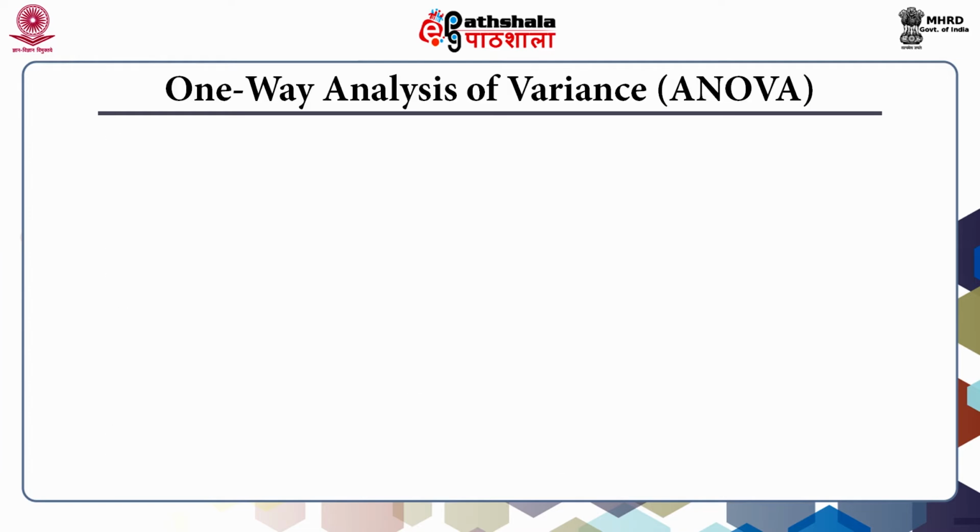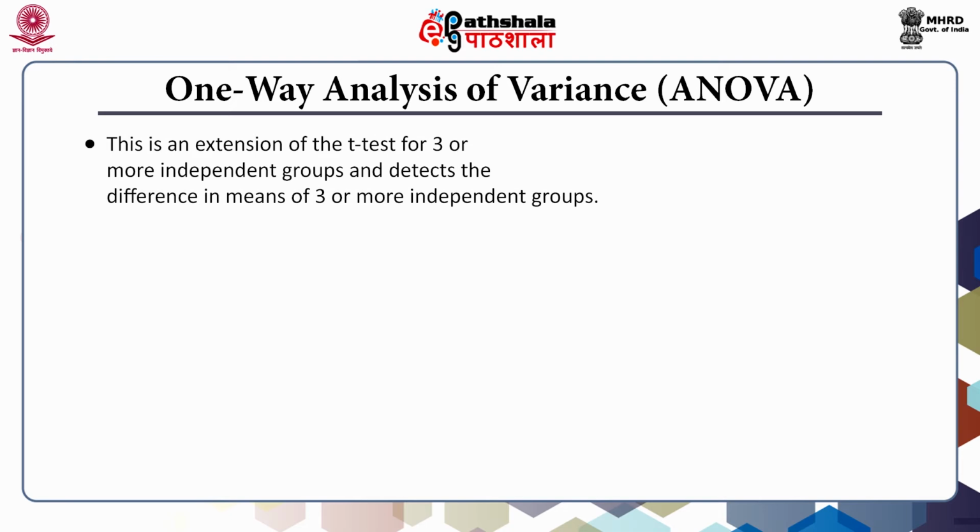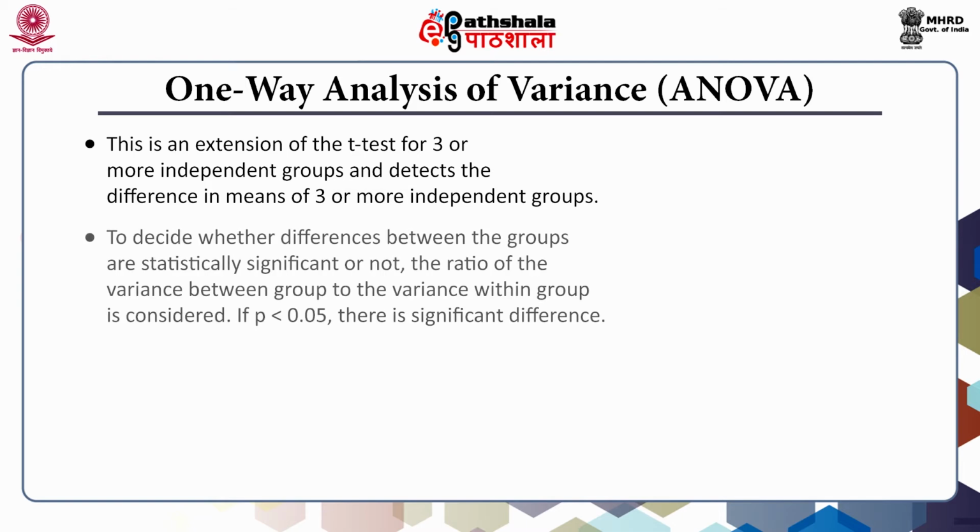One-way analysis of variance or ANOVA. This is an extension of the t-test for three or more independent groups and detects the difference in means of three or more independent groups. To decide whether differences between the groups are statistically significant or not, the ratio of variance between the group to the variance within the group is considered. A value of p less than